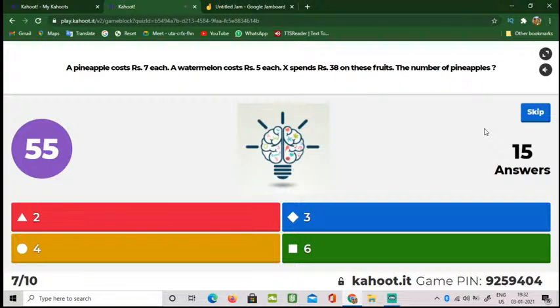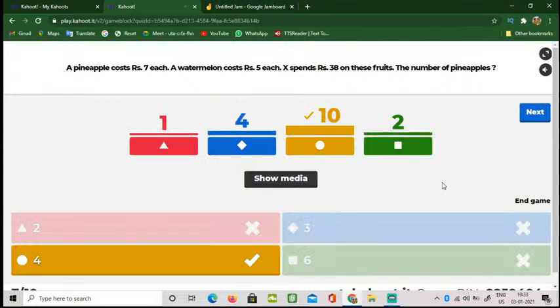Guys, do not Google the answer, okay? I know some of you are very smart, but if you want to learn, please do it by yourself. I've got 16 answers. I think some more have to answer. Okay, I've got all the answers, and 10 of you are correct, and that's good to see. Only some of you are wrong. No problem. Now let me tell you how to get the answer.